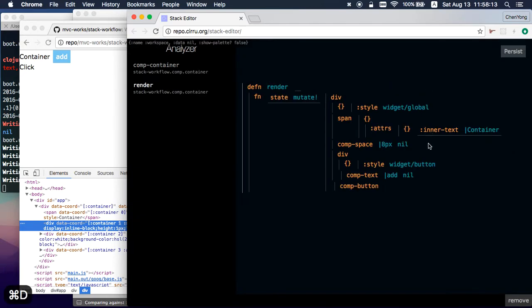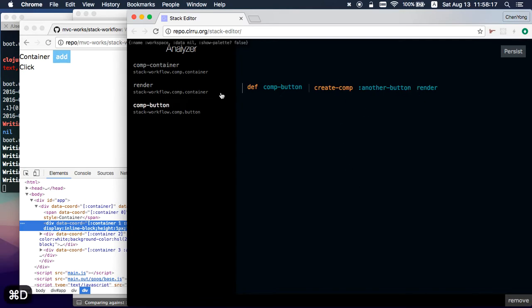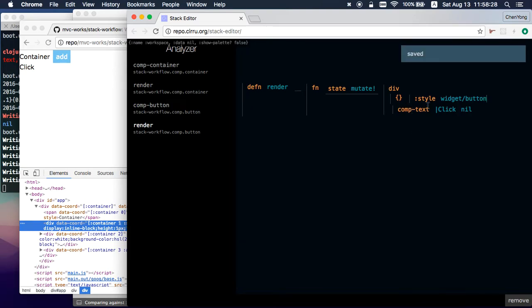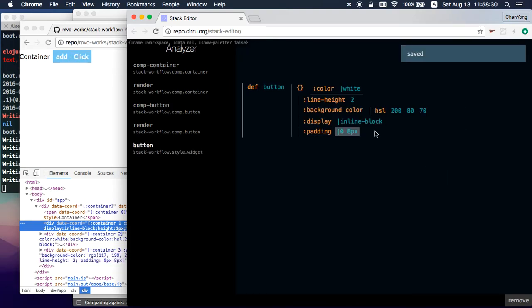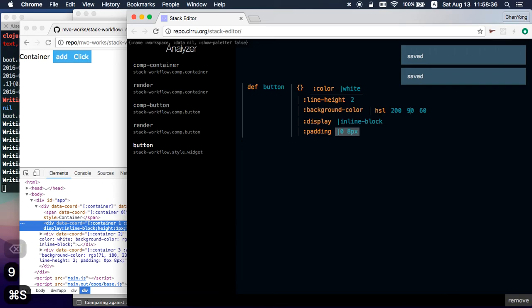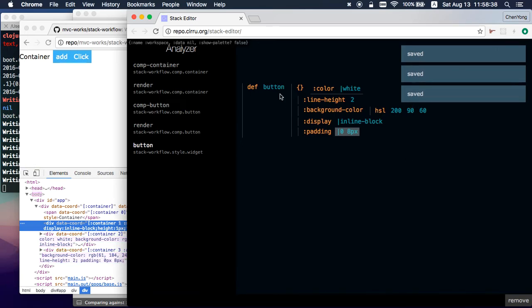It's not working with the styles. I know, I'm going to add styles. So I already add something like widget here. So I can use the widget button to style it. Now also I'm going to add button to edit the color, make it more blue. Also I need some space